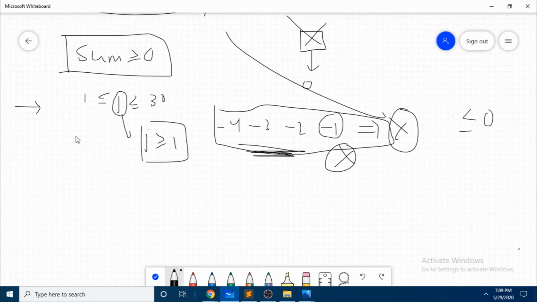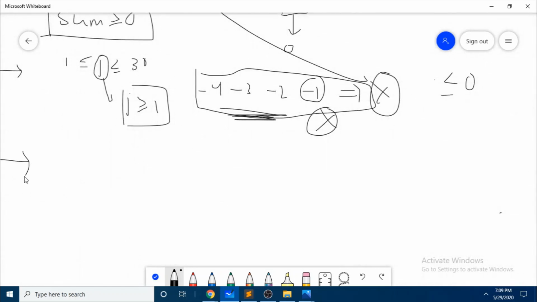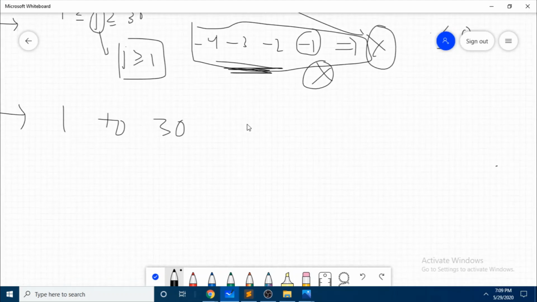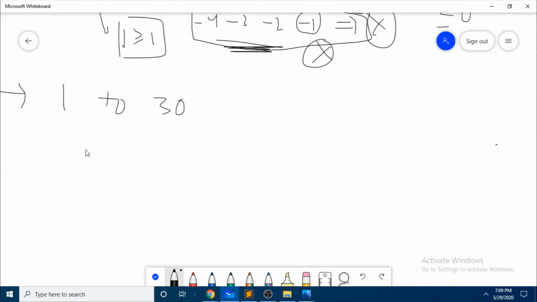So let us begin our approach. As j values can be from 1 to 30, we can loop from 1 to 30. What we want to do is only consider the elements in the array which are less than or equal to j.